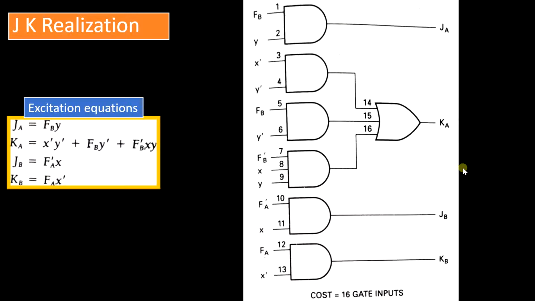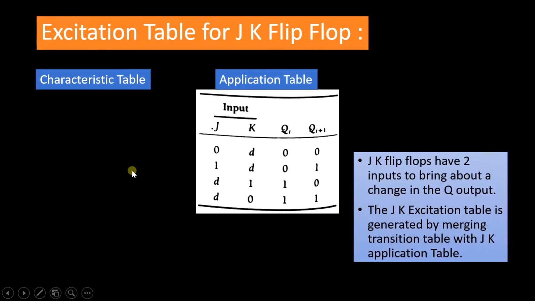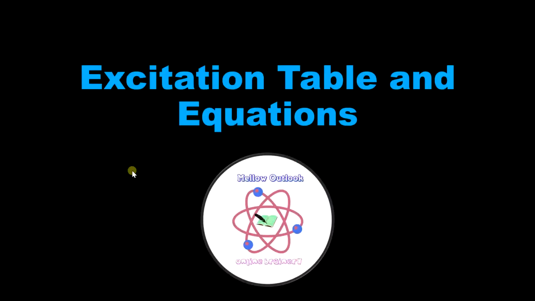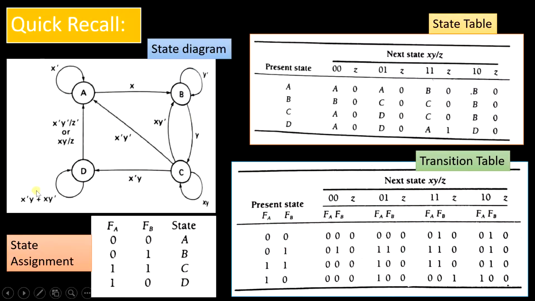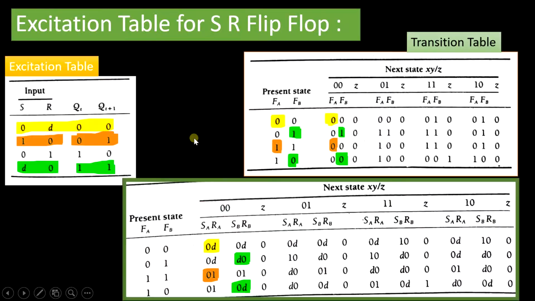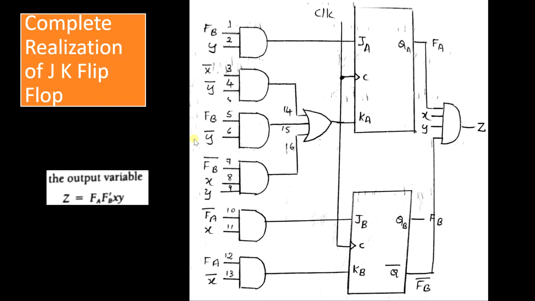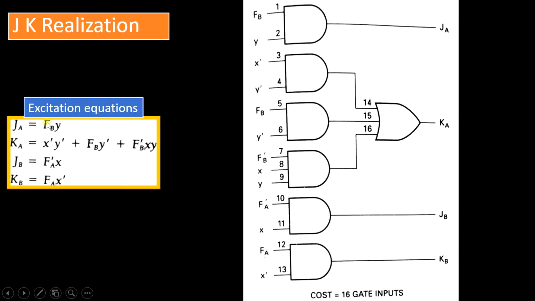Okay. So for the JK flip-flop, this was the excitation equation for the state diagram that we had considered. If you remember, the state diagram that we had considered was this. So this was the state diagram that we had considered, and for that state diagram we had obtained the expressions in this particular form.